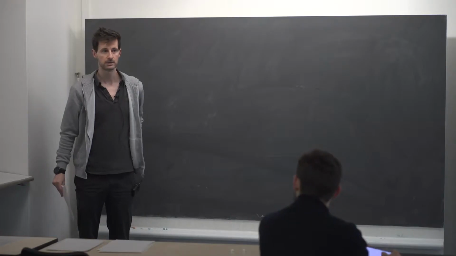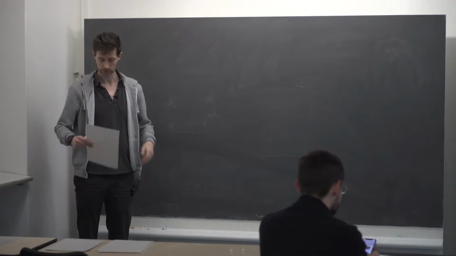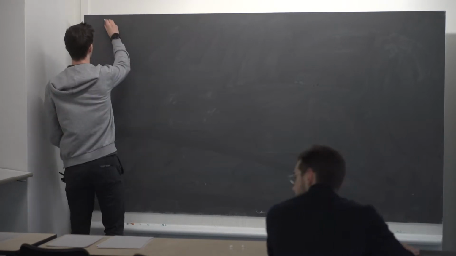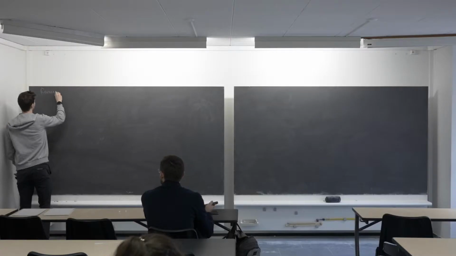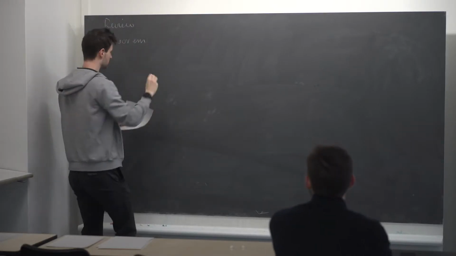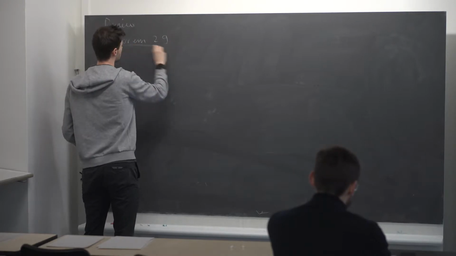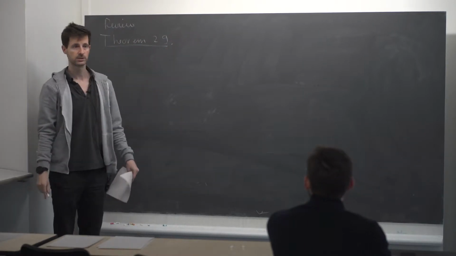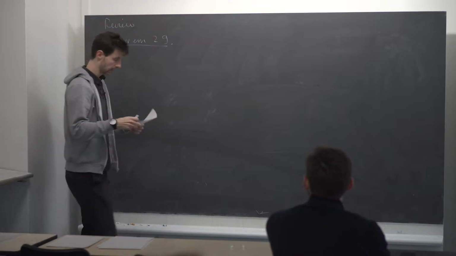Morning. Let me start by recalling what we were doing last time. So this is review. The goal is to prove this theorem 29, which is the semicircle law on small scale. So it says